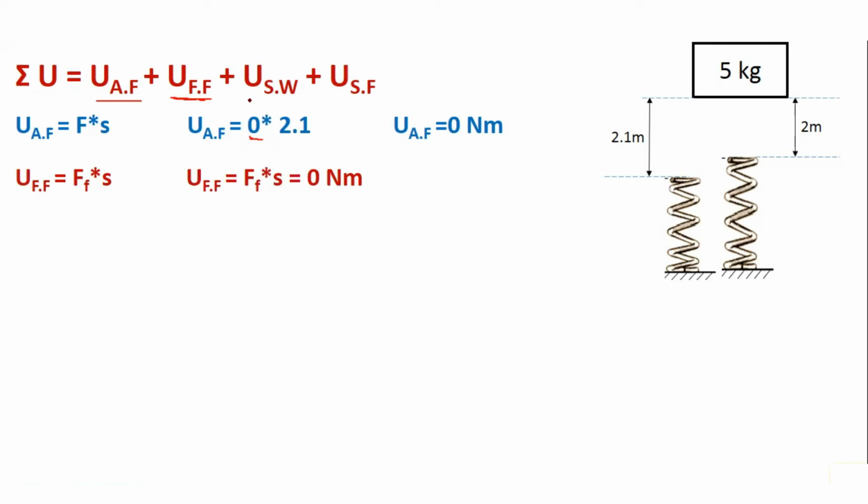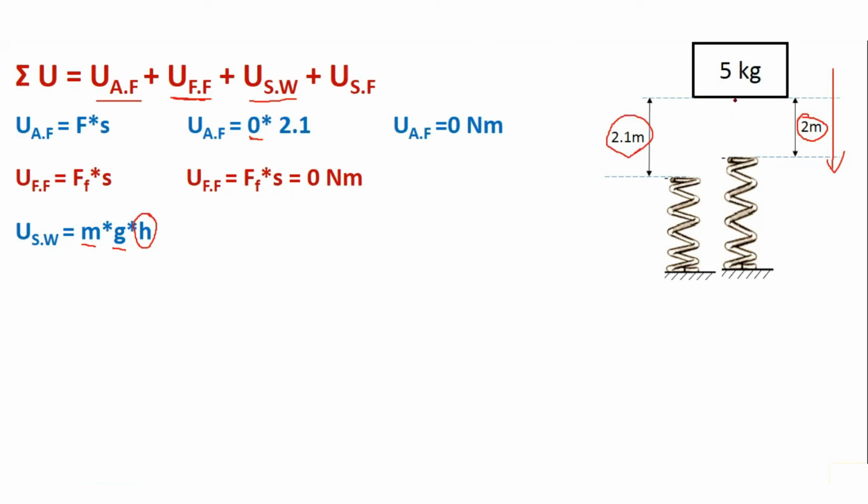Next is work done due to self weight. Here you can see the motion of the particle or the body is in vertical direction. Hence, there will be work done by self weight. And for that we have the formula work done is equal to m multiplied by g multiplied by h. Now please note this point. M we will substitute 5, G we know that it is 9.81. For H, H is the height by which it is displaced. So maximum of the students make the mistake by putting H is equal to 2 meters. The total height by which the block is displaced is 2.1 meters.